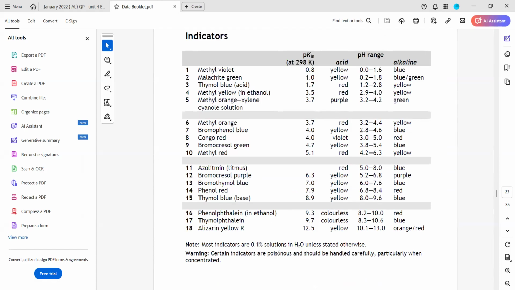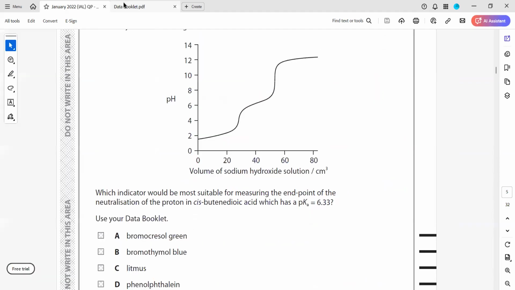Now, in this case, we have the graph, and we have 2 regions. This is for the first color change, and mainly we are looking for the indicator which will work, because the best indicator is the one which shows a color change in this region, the vertical region. Even though the pKa is 6.3, and we want a color change around 6.3, according to the vertical range, if the graph was like this, and when I select an indicator,